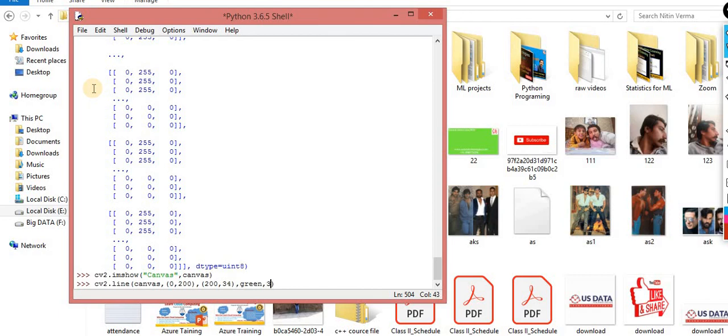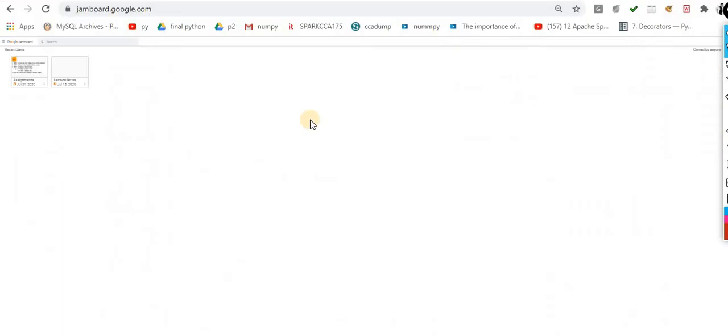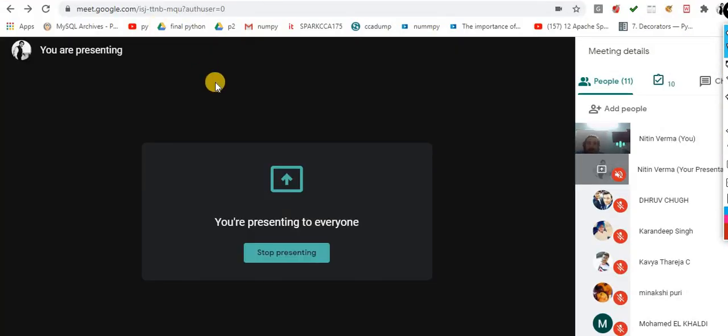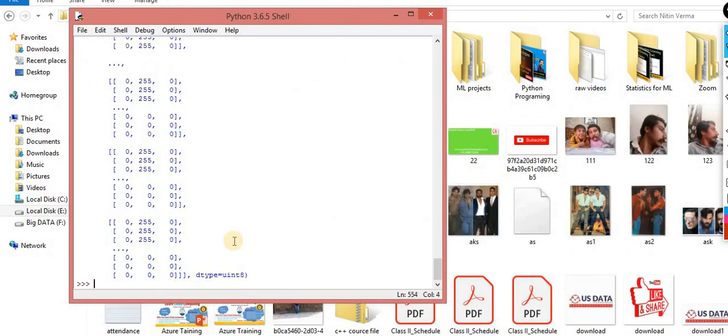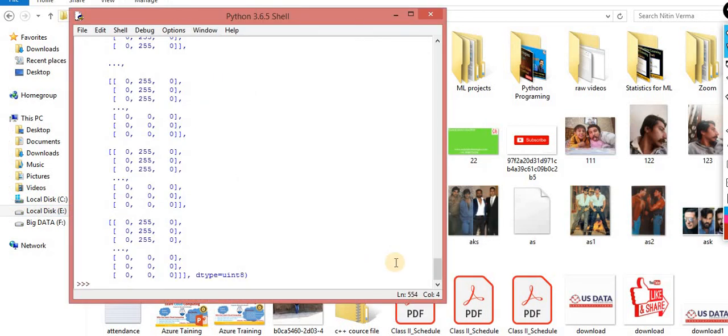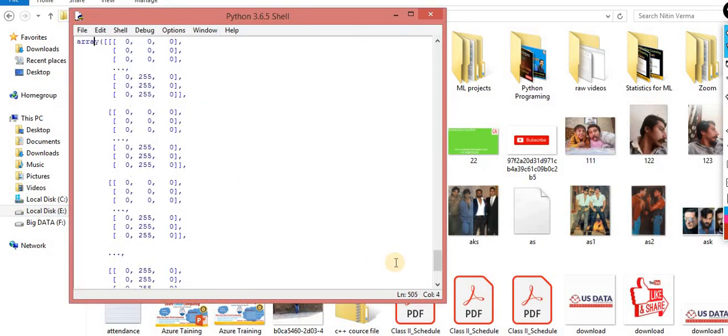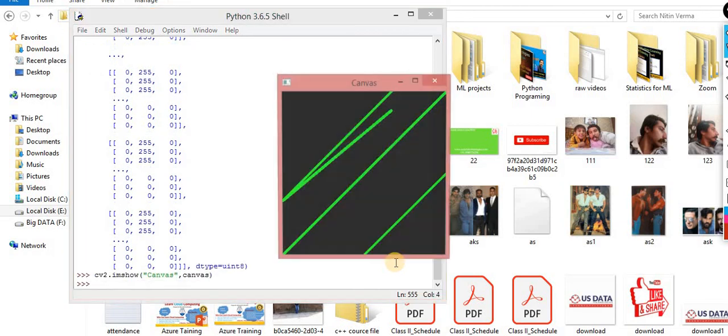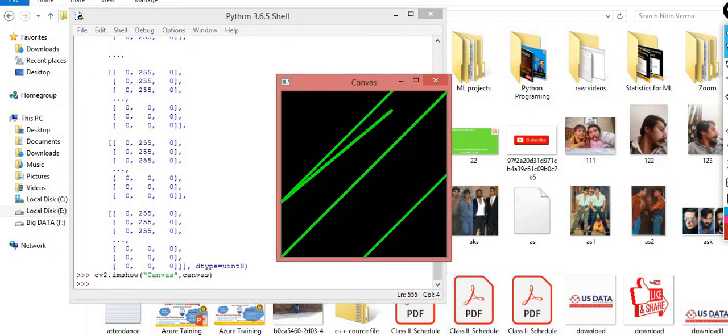Let me try whether it's working or not. The array is generated, and let me show you. Yes, everything is working fine.